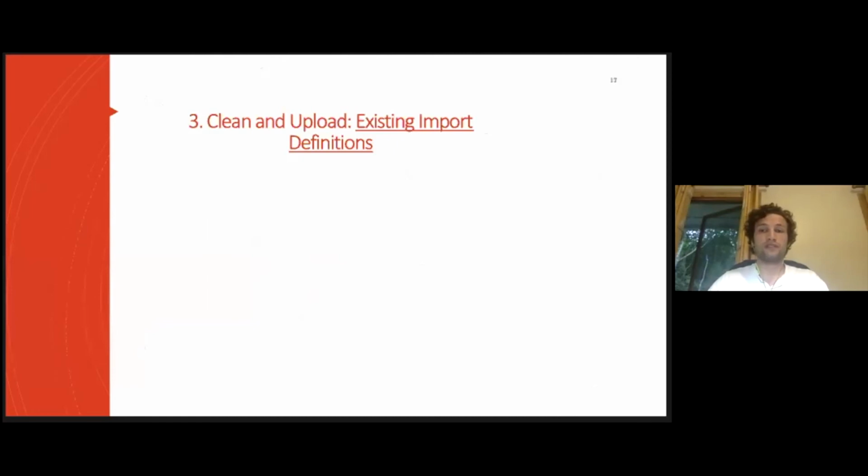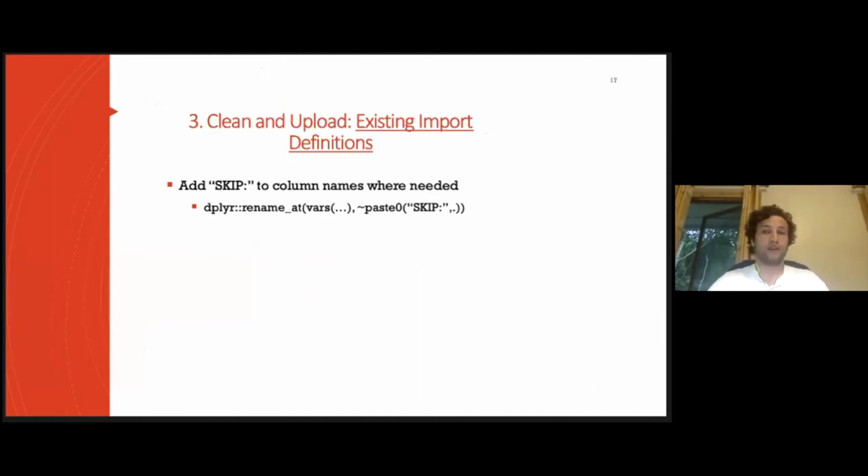So if you have existing import definitions for Qualtrics or other surveys, you might well know that you have to manually label some of the variables in your data frame with the word skip to tell Lava to skip reading those variables. So the code that I've written out here, this rename at function, is a shortcut to rename any variables that need to have this skip label added. And you can use this code pretty much as is. All you would need to do is add the names of the variables that you want to rename inside of this vars function. So you'd delete the ... and you'd write,